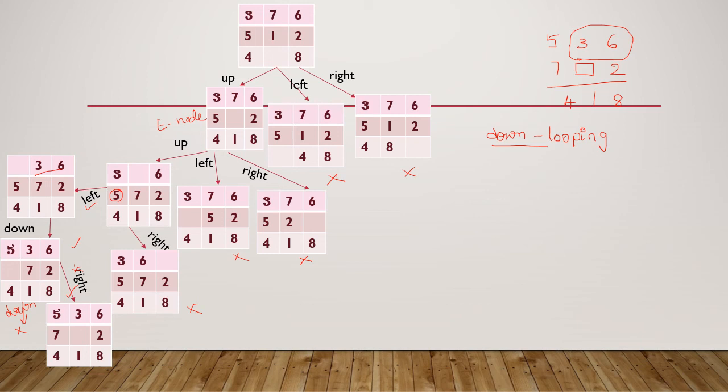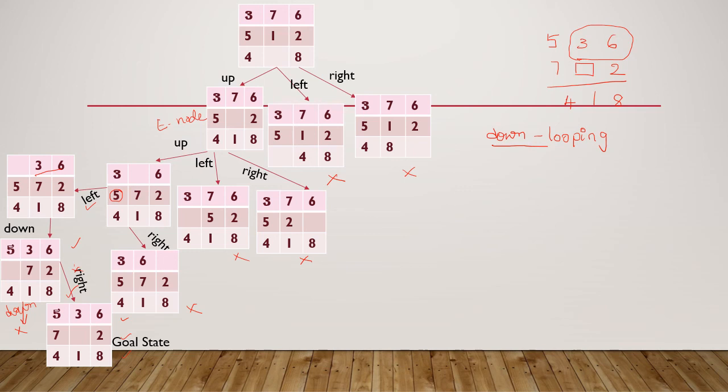Let us once again compare this with our goal state. Yes, the first row is matching, the second row is matching, the third row is matching. Yes, we have achieved our desired goal state. So this is how we will be solving without a heuristic. So our 8 puzzle problem is now solved into the desired goal state.